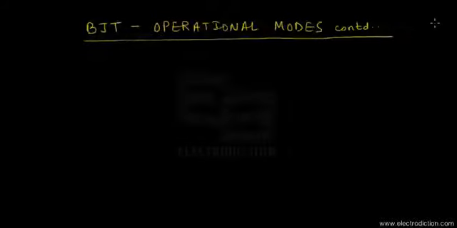Welcome back once again to a tutorial on the BJTs. We're continuing from our previous tutorial on the BJT operational modes, and one more operational mode to go over here. So yeah, you guessed it right, that's the CC, or the common collector mode, that we're going to discuss